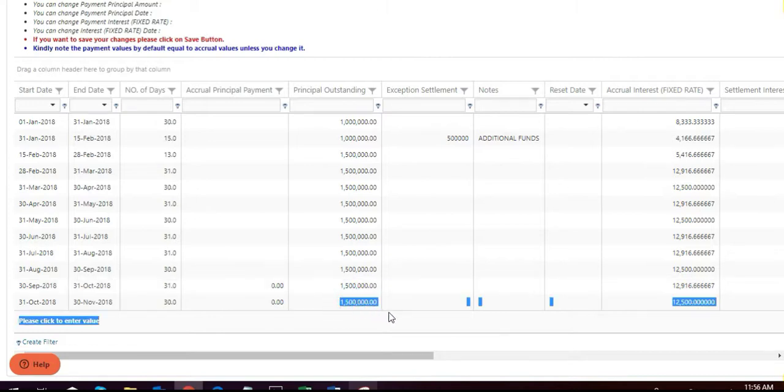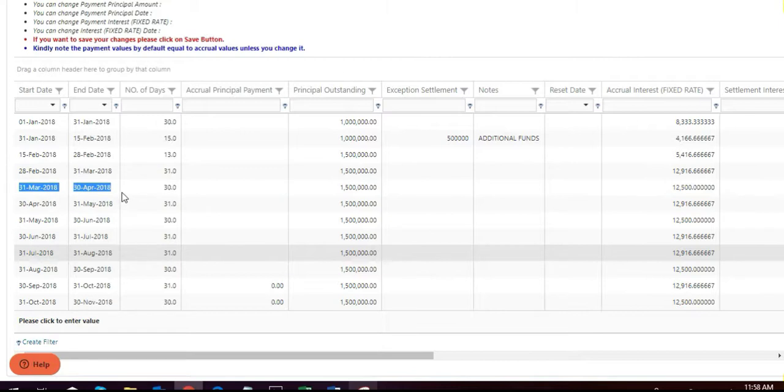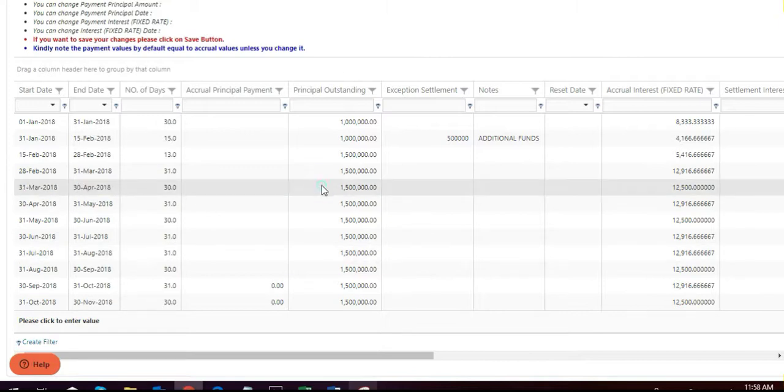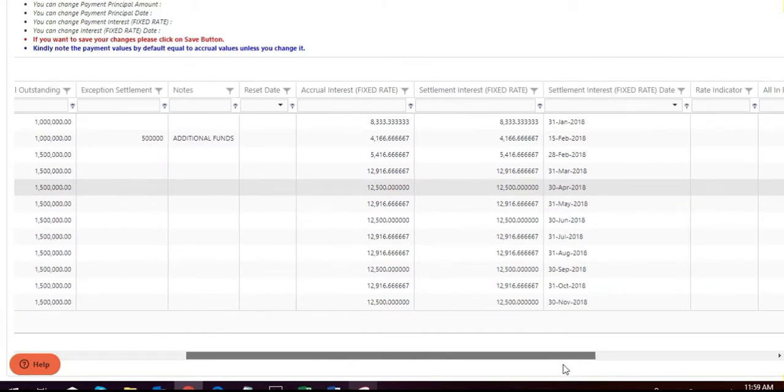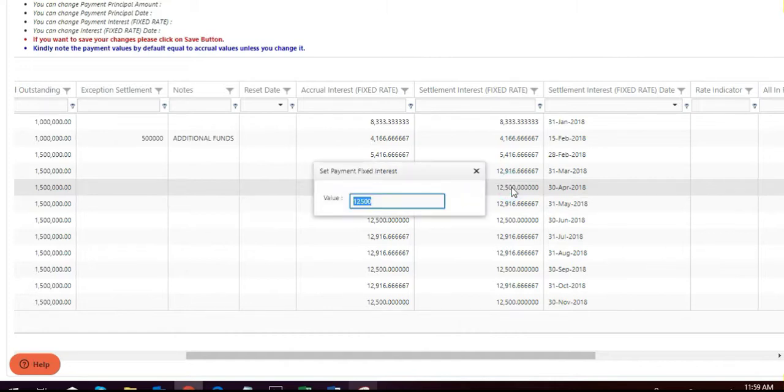Now we will talk about capitalizing an interest payment. Suppose we have an interest payment on April 30th equaling $12,500 that we want to capitalize. We can see that the interest payment is $12,500. And the settlement interest is equal to $12,500 on April 30th. If we want to capitalize this interest,